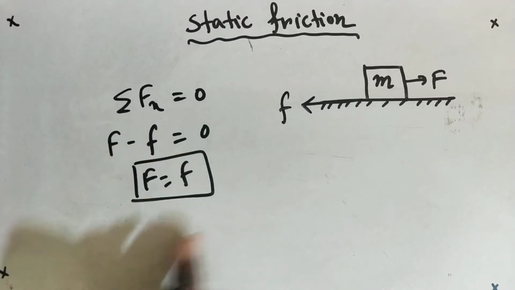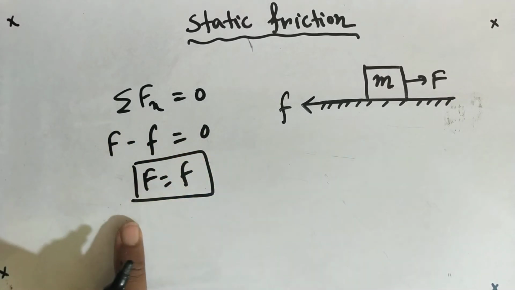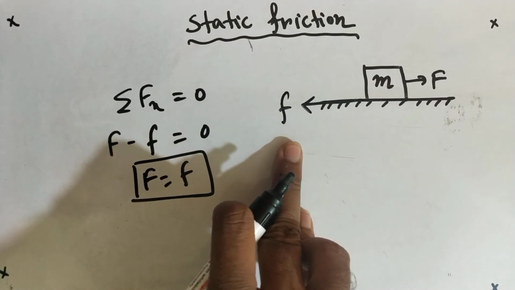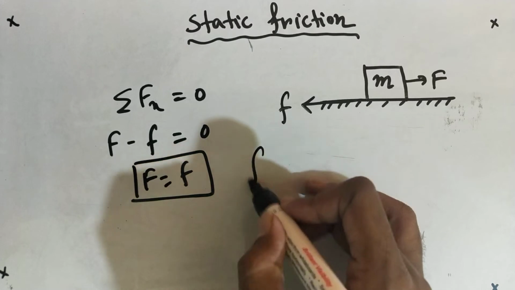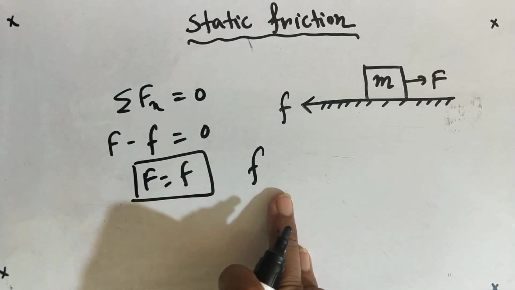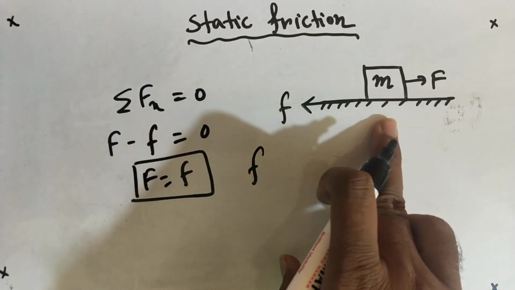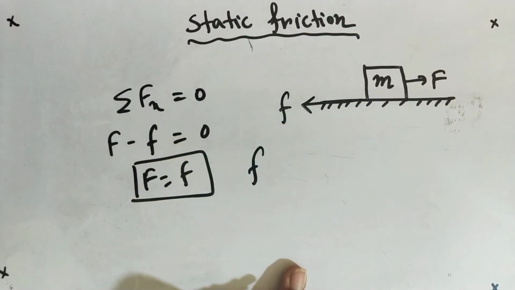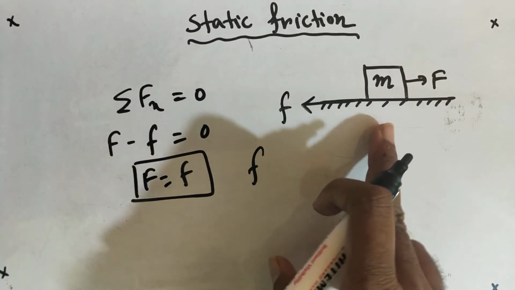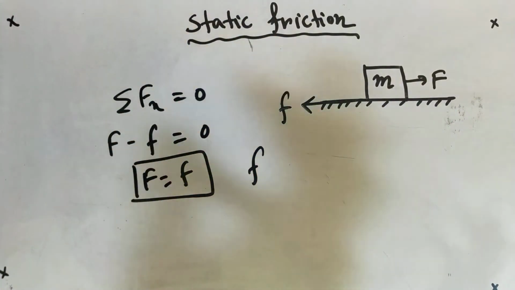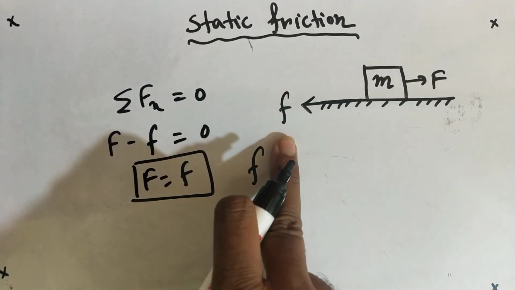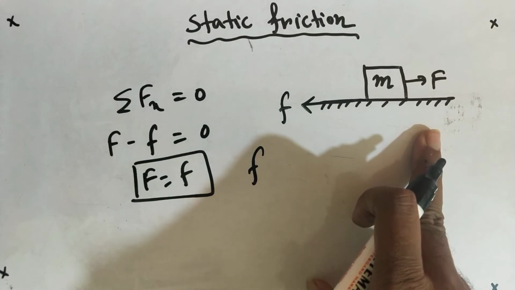So capital F is equal to small f. This is only possible if the object is not moving. That means the applied force is equal to the frictional force. And that frictional force will arise until the object moves. When the object is moving, that will be a different case. If the object is not moving and the opposing force arises due to the applied force,